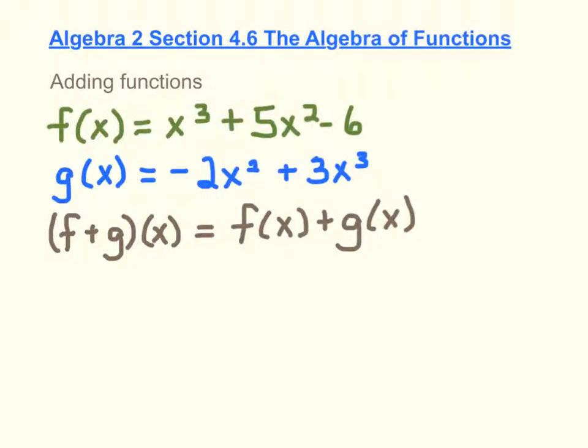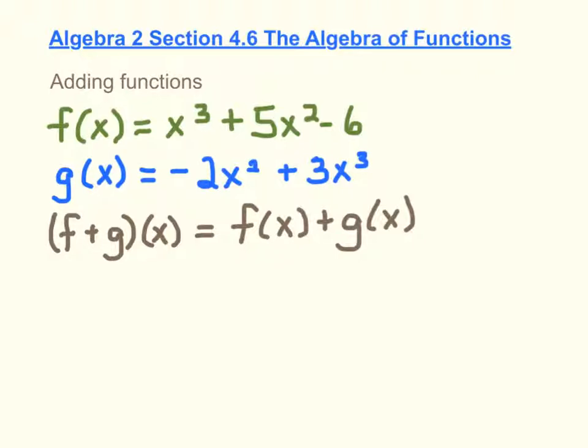In section 4.6, which is titled the Algebra of Functions, we're going to add, subtract, multiply, and divide functions. Let's start with adding functions. If you've got f of x is equal to x cubed plus 5x squared minus 6, and g of x is equal to negative 2x squared plus 3x cubed, the function notation would be